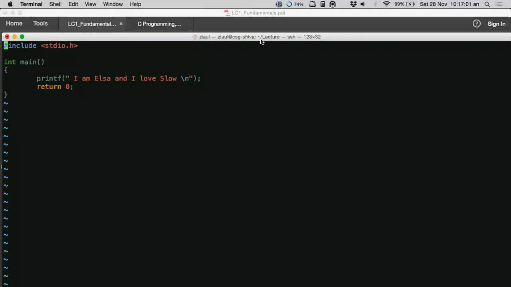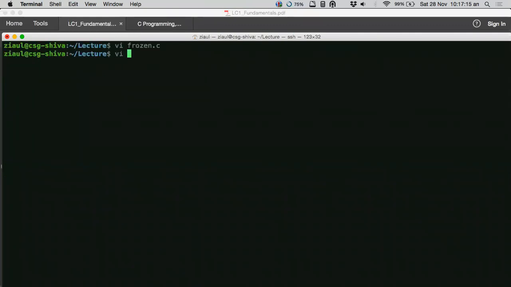So today we will be looking at how you write your programs. How do you start writing your programs? What's the basic format, or what are the basic things that go in a C program? Before that, let me just validate what I was speaking in the last two lectures. I'll just show you something.